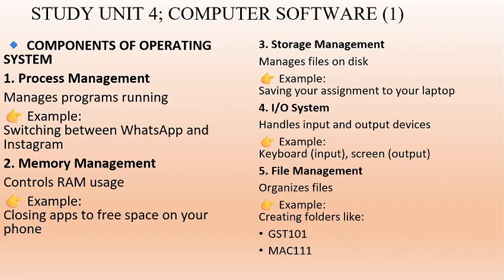Then the second one is memory management. Memory management helps to control RAM usage. RAM is random access memory, and it is a temporary memory for a computer that saves temporary work, the temporary running apps. An example is closing apps to free space on your phone. You know, if you are using your phone now,